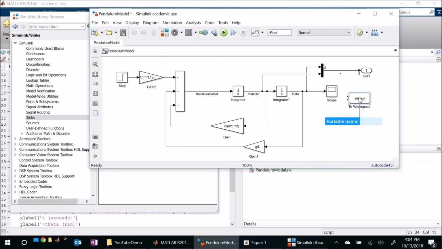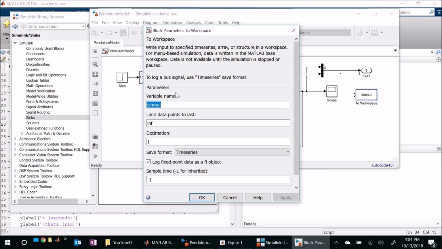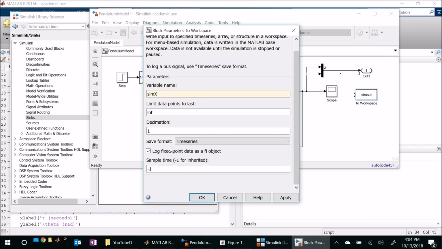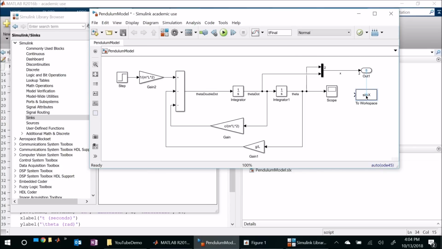And what we're going to see here is I can go ahead and double click on the block, and let's change the variable name to be called something like SimX here. And while we've got the parameters open, let's take a look down here in the save format. Notice that the default one is time series. If you click on this, you'll notice there's actually multiple different ways you can save this, but let's start with just the default time series. So again, let's just hit OK. We've now got this To Workspace block. Let's just hook up the signal X to that,